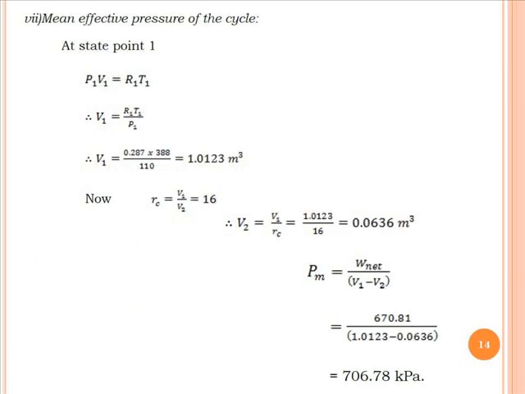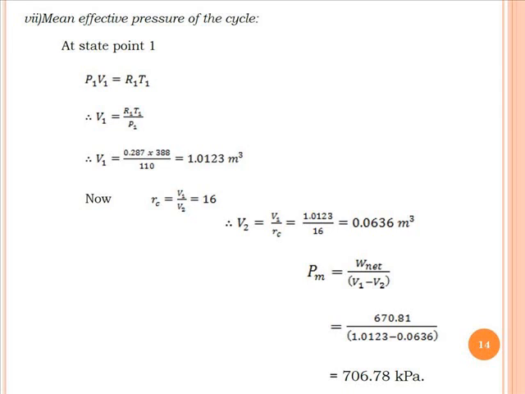Now we have to find out what is the mean effective pressure of the cycle. So it's state 1, P1 V1 equals RT1. Based on that we will get the value of V1, that is equal to 1.0123 meter cube. And now compression ratio rc, that is equal to V1 by V2, that is 16. So we'll get the V2 value, that is V1 by rc, and that value is